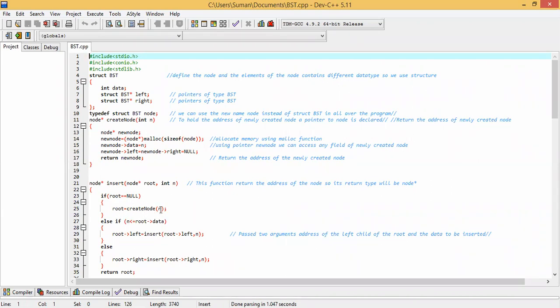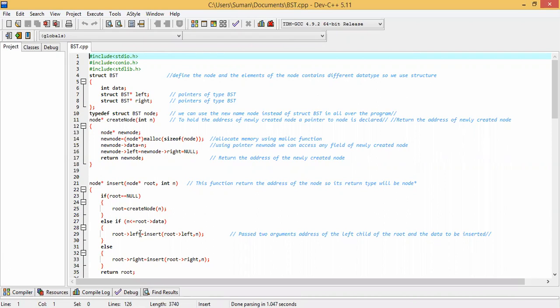If this function is called, then the function should be defined. So we define the function, and after that, a condition is checked: if the data to be inserted is less than the data of the root node, it will be inserted in the left, and if it is greater than the root data, it will be inserted into the right side.